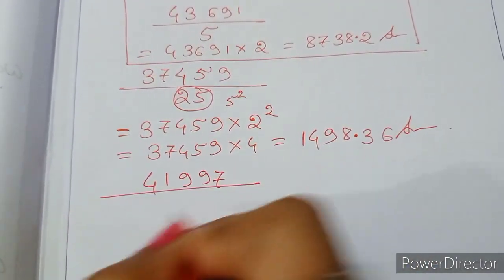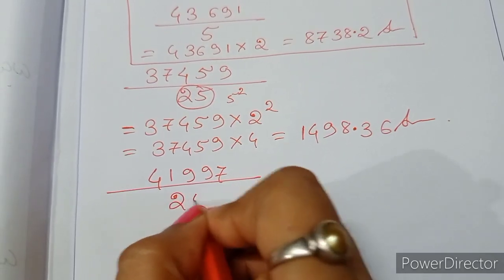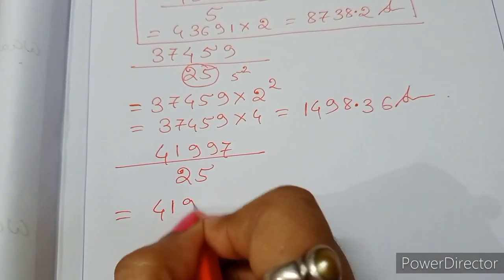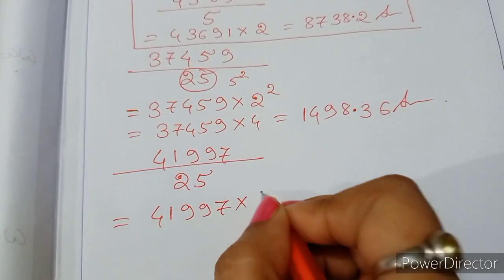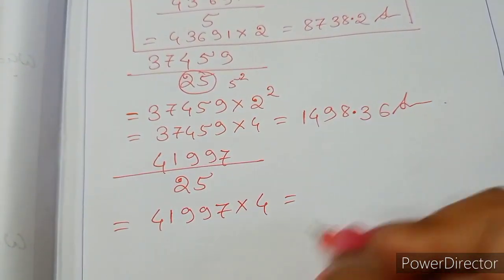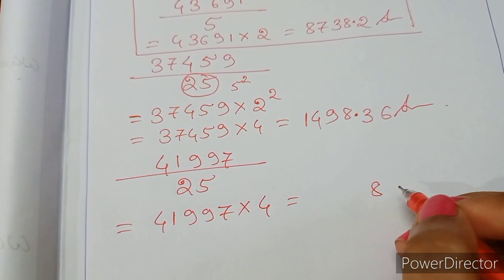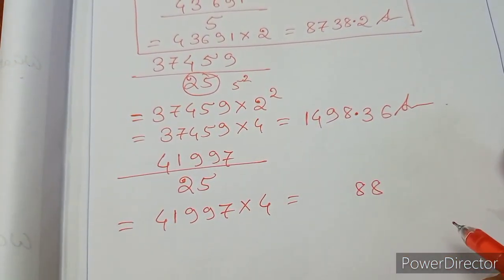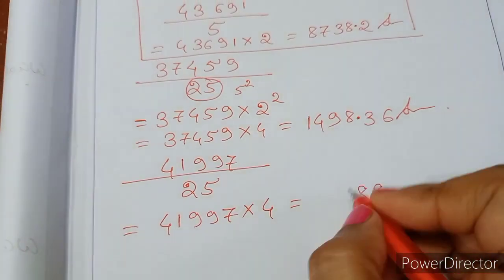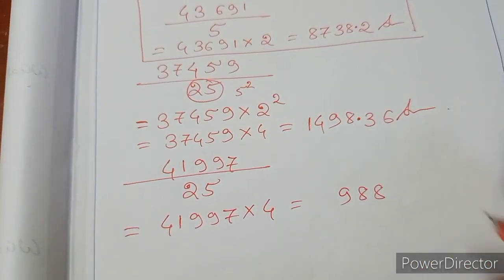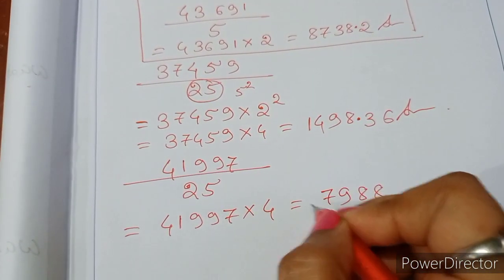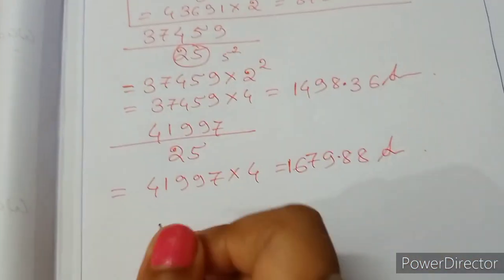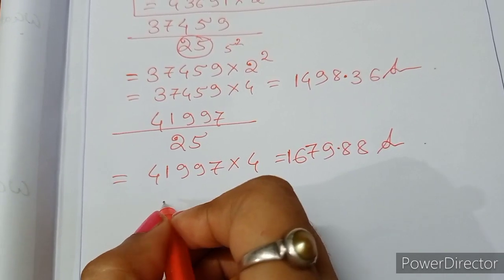41997 by 25. So we multiply 41997 into 4. 7 fours are 28, 8; 2, 9 fours are 36, 2 is 38, 8; 3, 9 fours are 36, 3 is 39, 9; 3; 1 four is 4, 3; 7 fours... 4 fours are 16. Answer. Next,